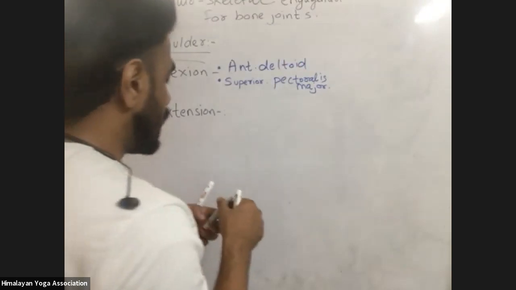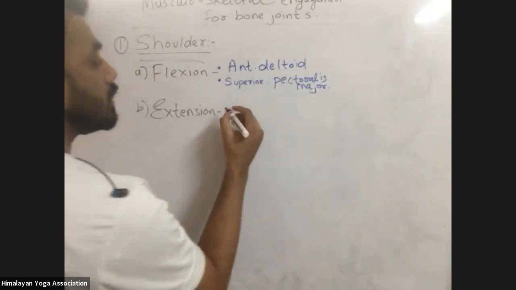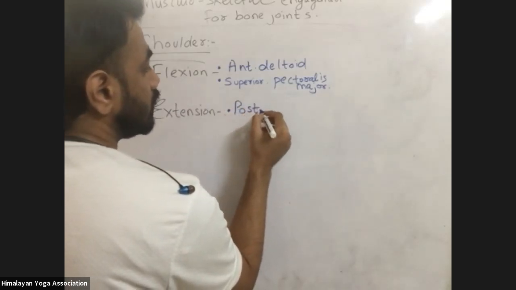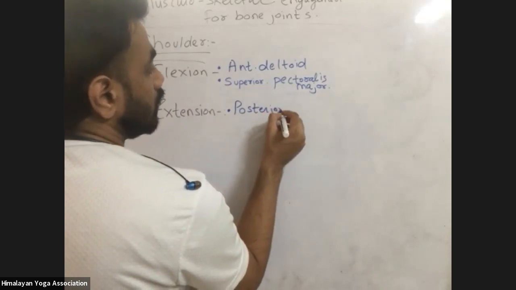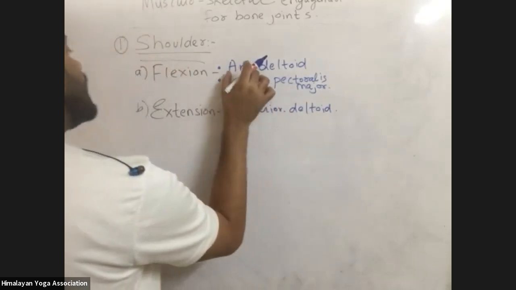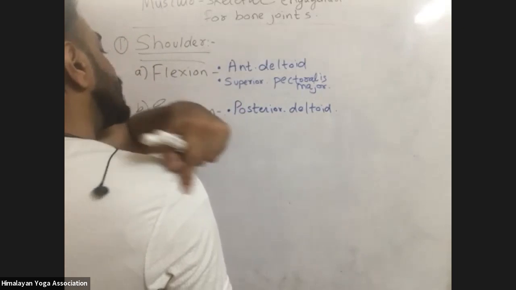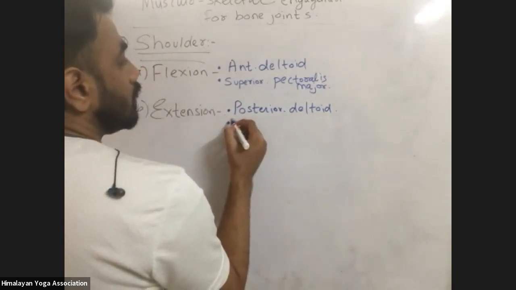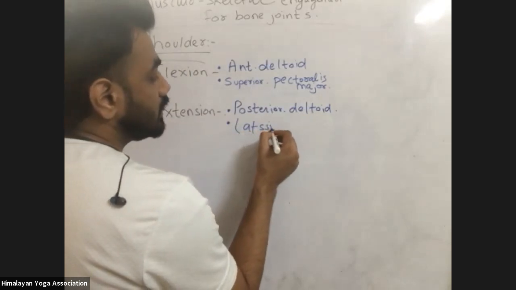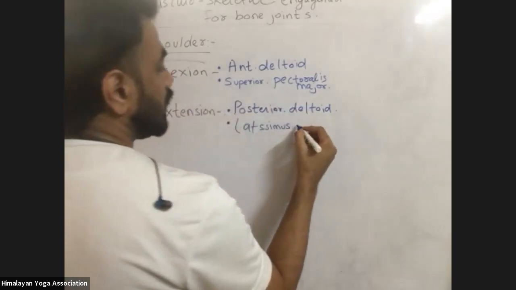So write down the major muscles involved in moving the part here. This is the posterior deltoid. For the flexion movement, it was the anterior deltoid in the front. We have the posterior deltoid now to extend our arm. And then we will have lats, or latissimus dorsi, also helping to extend the arm.